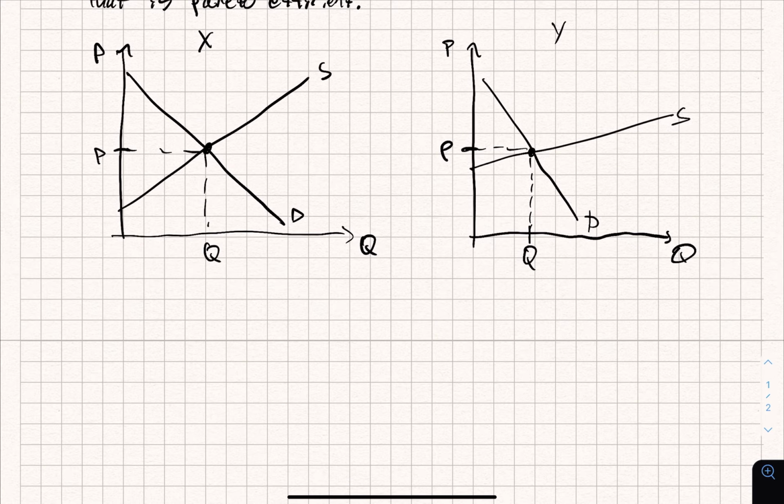So we have two markets, and they're happening simultaneously. And these prices, so let's say this is the price for Y and the price for X. These prices influence